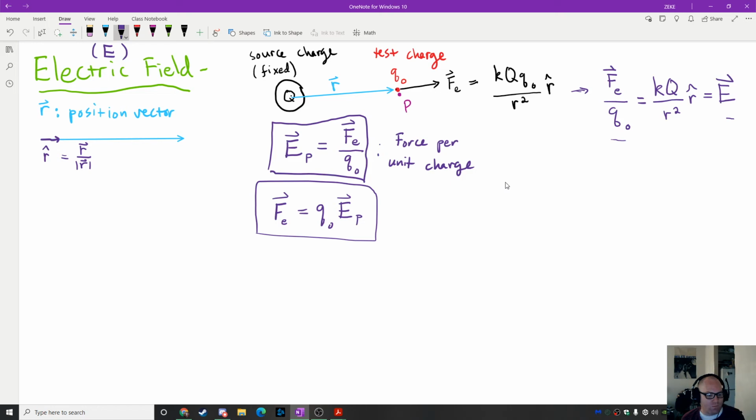Can you explain the definition again? Sure. Okay. So the electric field is... Mm-hmm. Yeah. So the electric field is